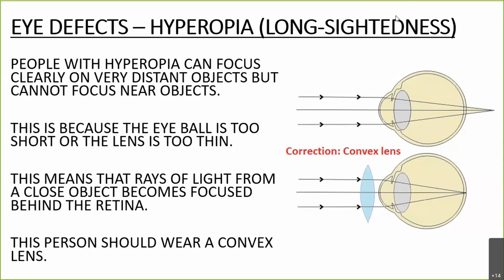This is because the eyeball is too short, or the lens is too thin in their eye. This means that a ray of light from a close object becomes focused behind the retina. So it goes too far back, and you miss the image. So in order to fix this,